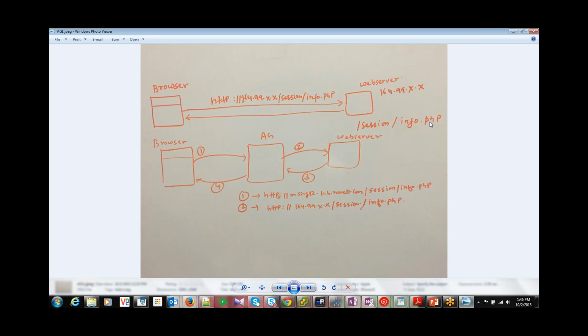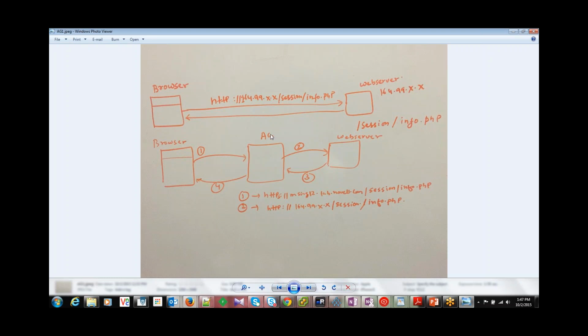If I want to access this file, I will go to the browser and type this URL, http:// the IP address or host name of the web server, and then the path of the resource and the name of the file. When you do this, the browser sends an HTTP request to the web server, and the web server sends the